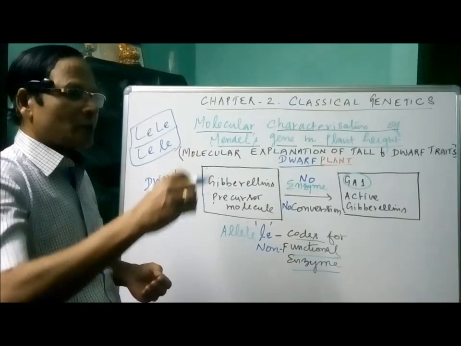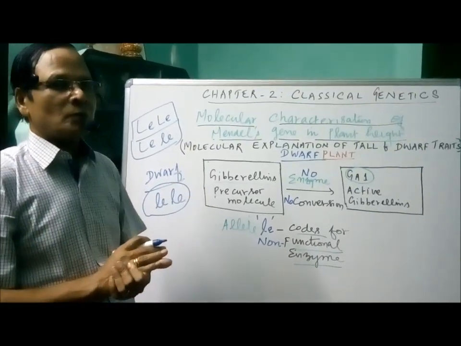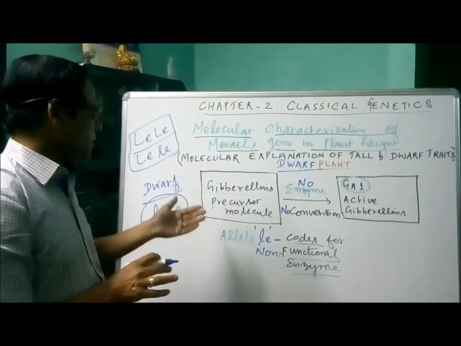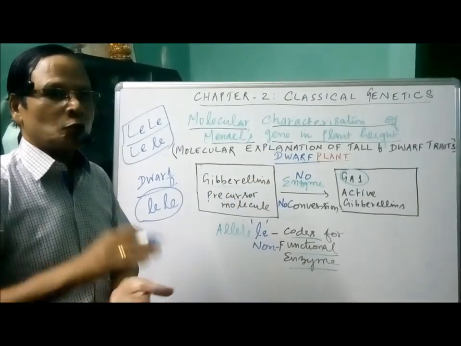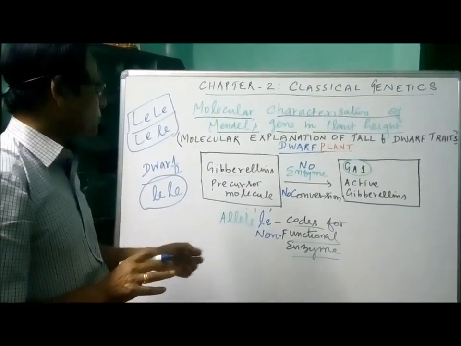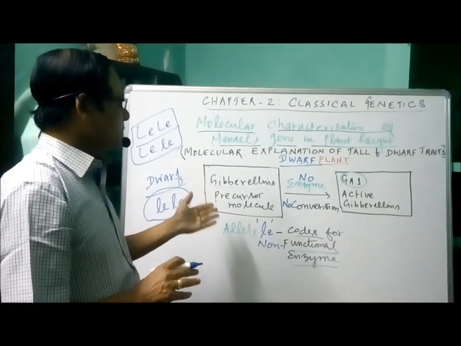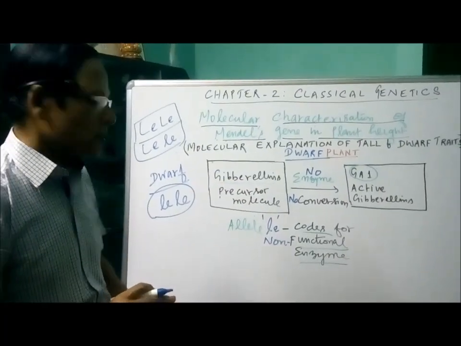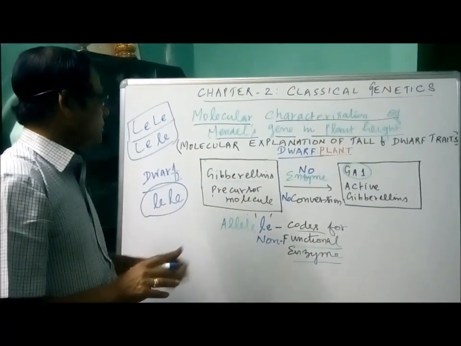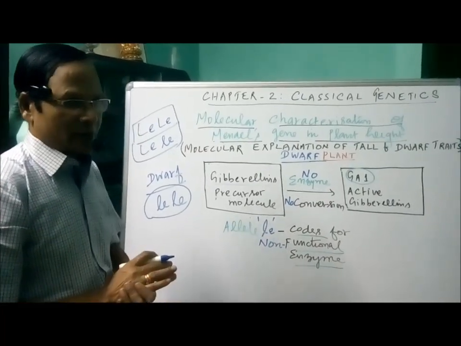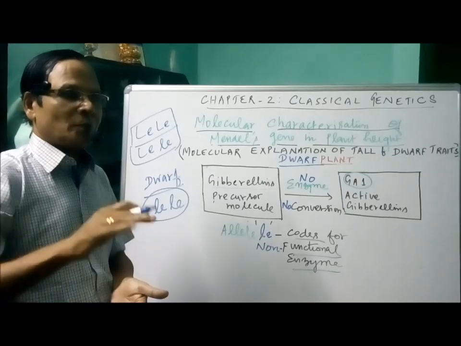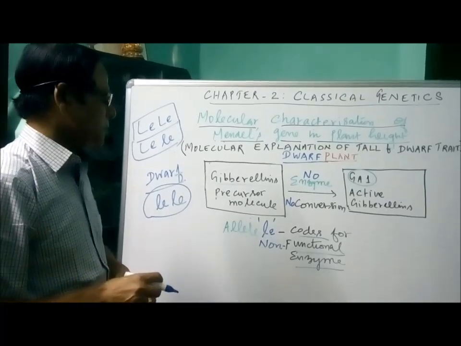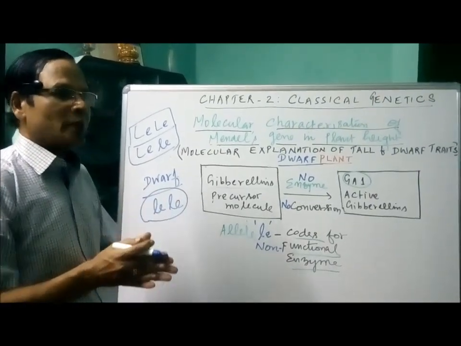So there is no growth of the plant due to the absence of the gibberellin hormone responsible for the growth of the plant, the increase in the length of the plant. There is no increase in the length of the plant. As such, the plant is dwarf in nature because of the absence of the enzyme which converts inactive gibberellins into active. And this enzyme is coded by a gene. The gene is in recessive form. So the allele codes for only a non-functional enzyme. That results in no growth, so the plant is dwarf. So this is the molecular basis or the functional basis of the gene, either the presence of tall plant or the dwarf plant in the case of